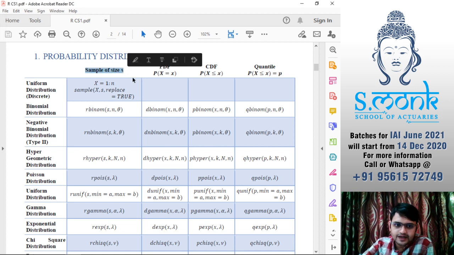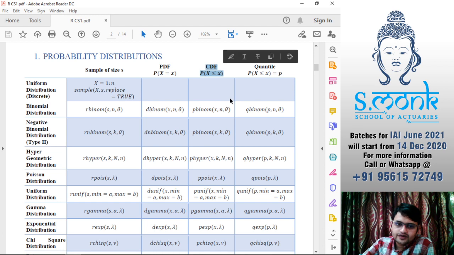One is taking a random sample out of a particular distribution, finding the probability density function or probability of discrete, finding the cumulative distribution function, and finding a quantile. That means nothing but finding the value of x for a particular value of probability.